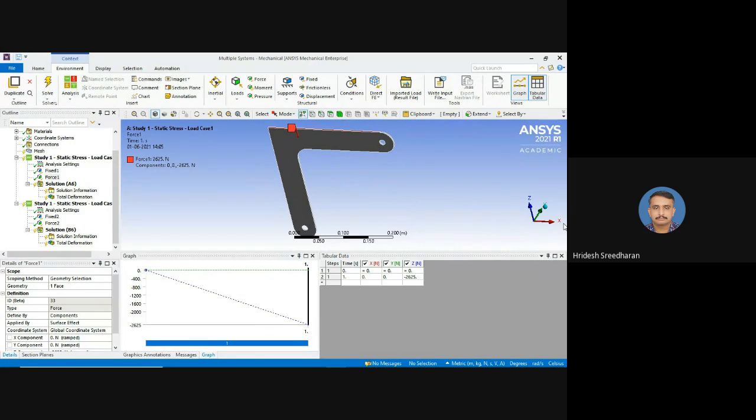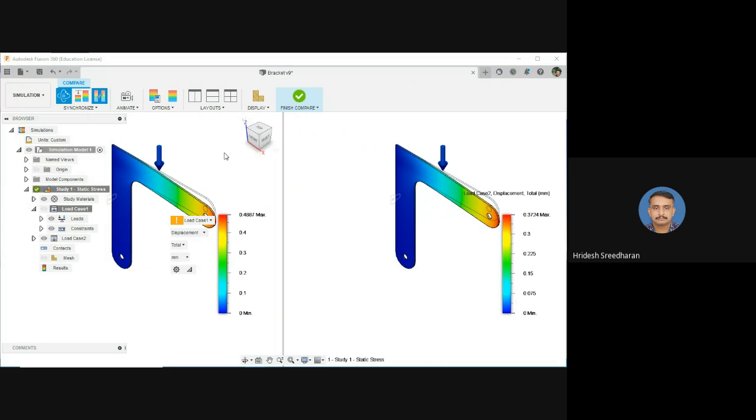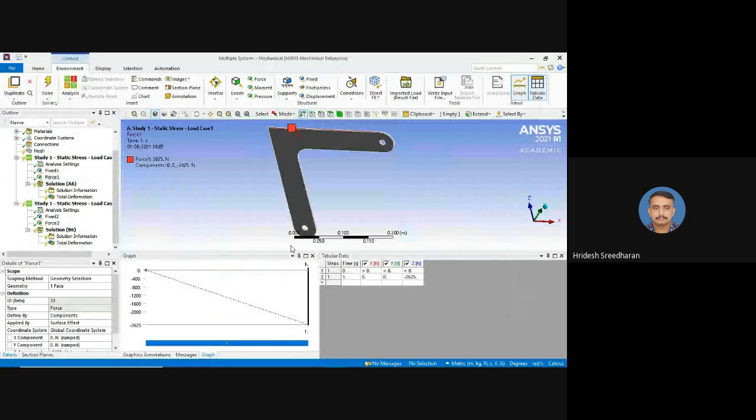So x in this direction in ANSYS is like this, z is like this, and y is in this direction. But when you come here, x is in this, z and y in the other direction. So that change you should be able to understand. Otherwise, if you take the stresses in xx, yy, zz, etc., it will create some misunderstandings or wrong interpretation. Okay, so that's the only thing.